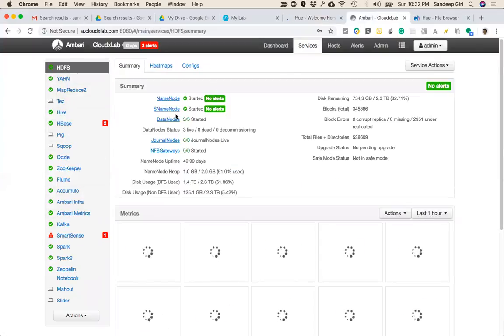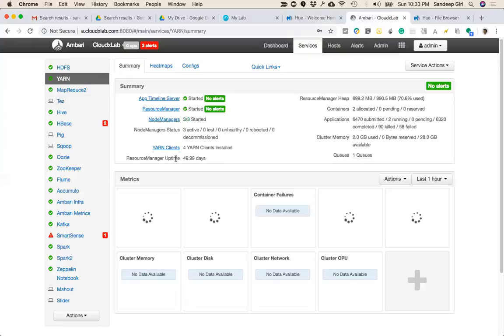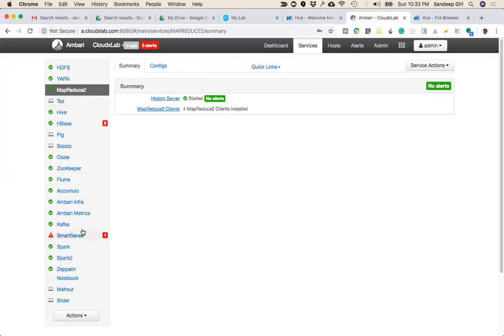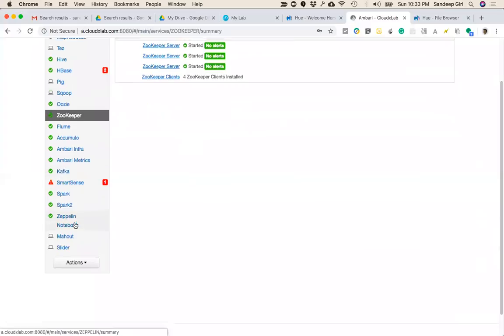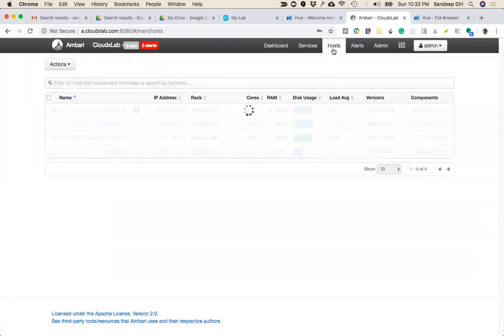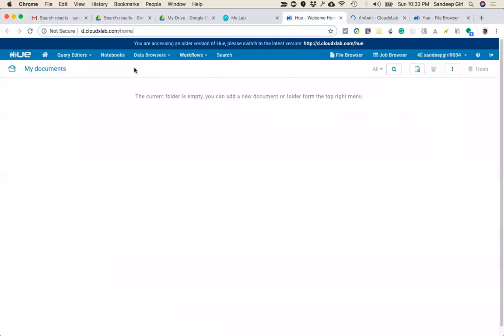Here you can see this is HDFS, 3 data nodes have started, and so on. Understanding of these will happen during the course, like what it means by these services. These are the various services running on the cluster. All right, we have Kafka, we have Zookeeper, and so on. So basically all these services are running. If you want to add more components or more servers, you can just go to hosts and click on add new hosts. Since I'm the admin, I'm able to do all of this. You may not be able to do all of this. Using that, we can add more computers to the network and so on, right? The Hue that you see is basically for interacting with various components and is quite useful when it comes to executing various things. All right. So coming back to it,